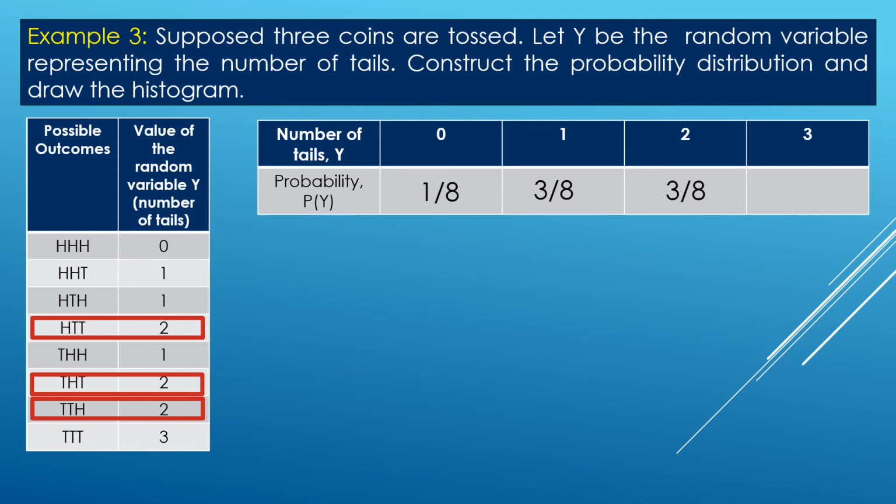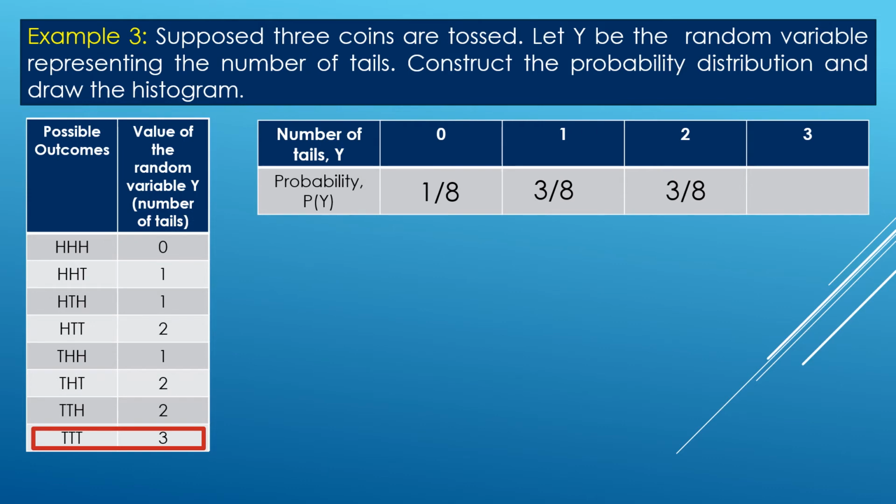And then next, the number of tails of 3, we will check. So, we have only 1. So, we have 1 over 8. Then, we will construct the